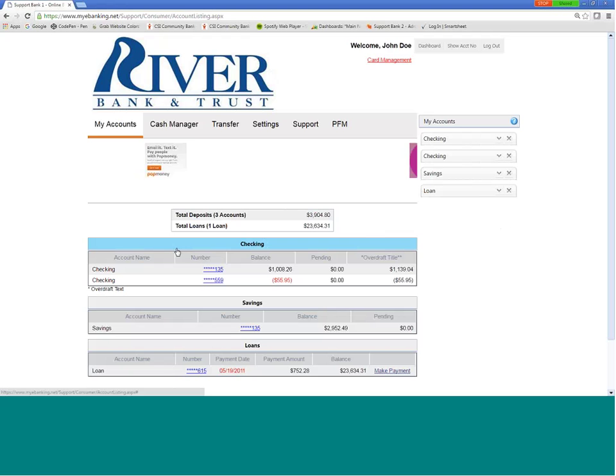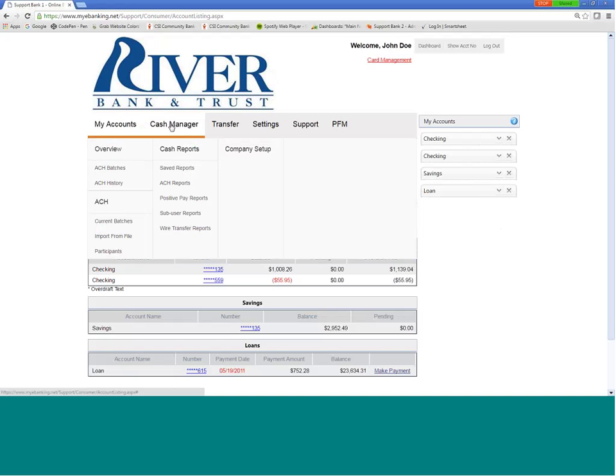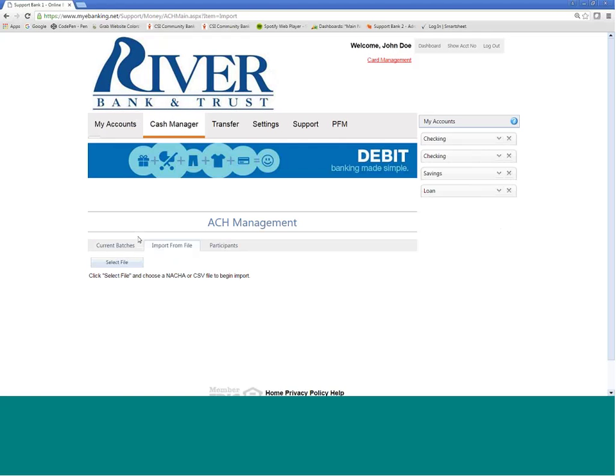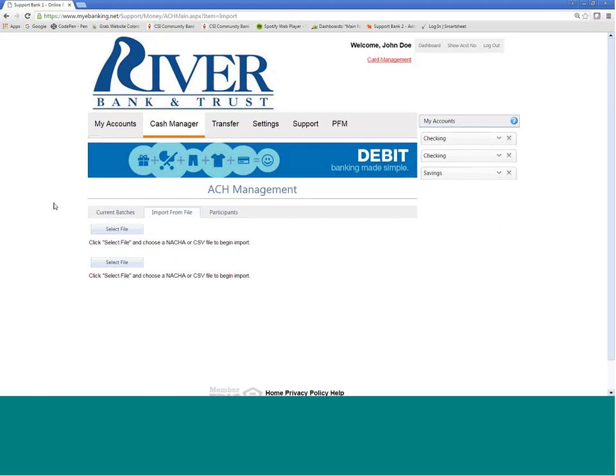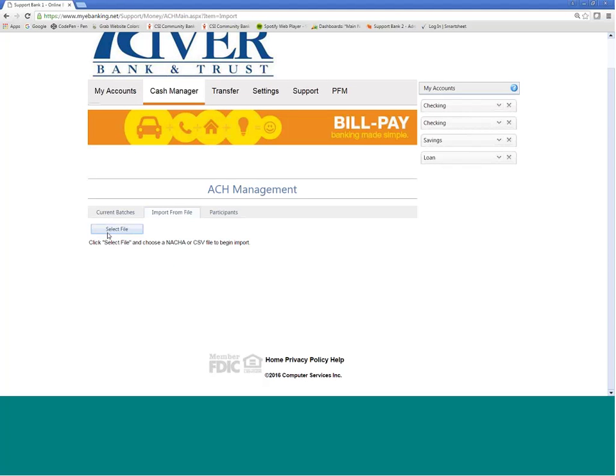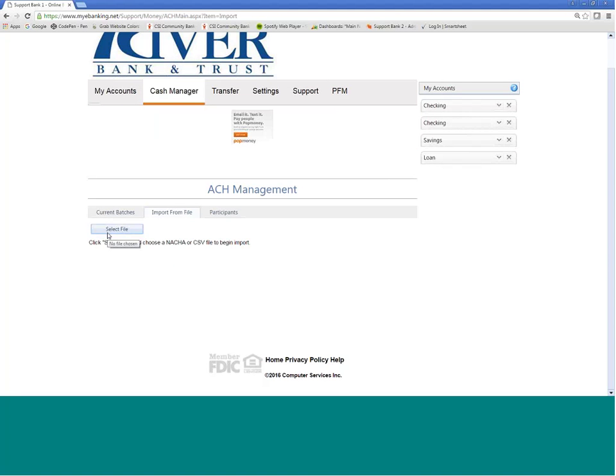Once you have logged into Internet Banking, you're going to navigate to the Cash Manager area. And for pass-through or file importation, you're going to go to the Import from File option. Once the screen loads, you will have a Select File button. What this is going to allow you to do is browse out to your computer and choose the appropriate file